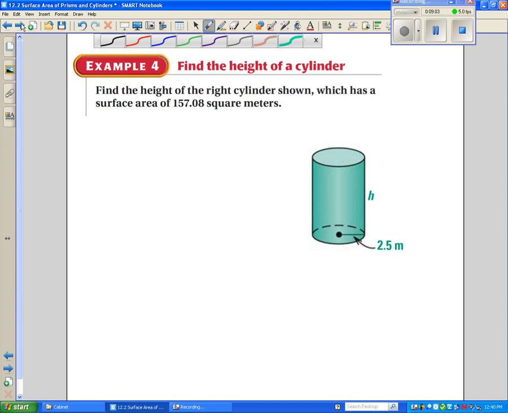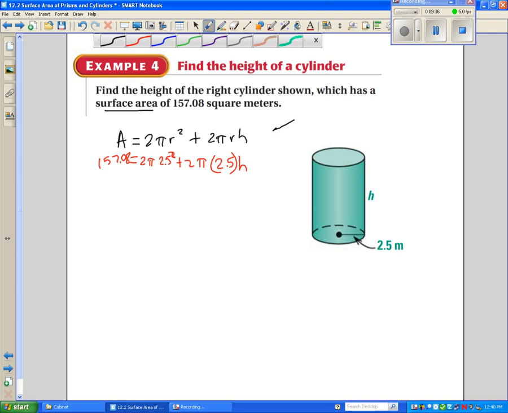Find the height of a cylinder. So notice we have the total surface area is equal to 2 pi r squared plus 2 pi r h. By the way, this is on the formula chart. You don't have to memorize it anyways. We're solving for the height. The height is the unknown, but the radius we do know. This is 2.5. We still have the 2 and the pi, and the 2.5 squared over here times 2 pi. And then our area is